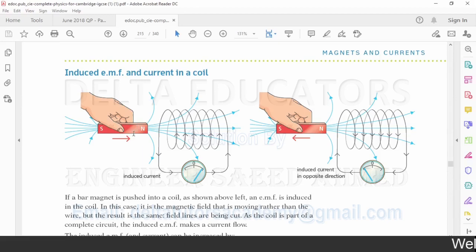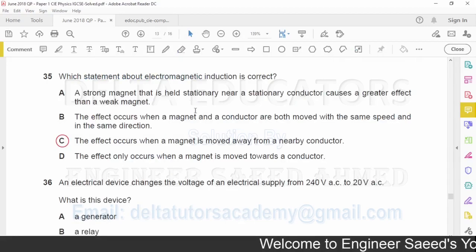If it is moving slowly, then the induced EMF will be less and the current will be less. So here what we have observed, when we move this bar magnet faster, there will be more EMF and there will be more current. If we move this bar magnet slowly, then there will be less current, and if it is stopped, then there will be no induced EMF and there will be no more current. Second thing that we observe, that if we move this bar magnet toward the solenoid, if the current is in the right direction, then if we move this bar magnet in the opposite direction, then the direction of the current will also be reversed. Now go back to our question.